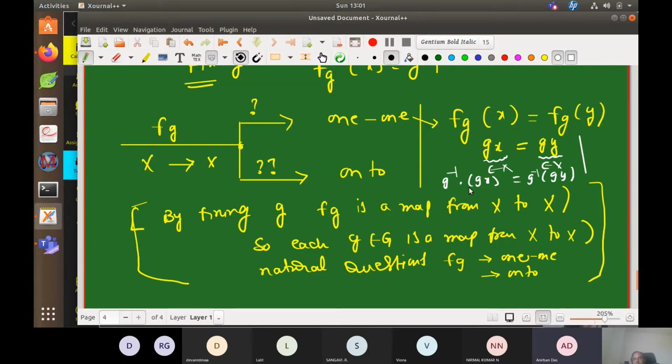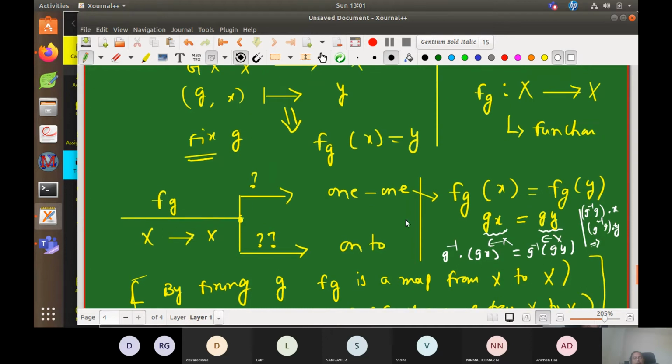Now the second property. So G inverse G acting on X. Right. So G inverse G acting on Y. Okay, G acting on Y. But now what next? Now the first property: 1 dot x equal to 1 dot y, and so x equal to y. So you see that both the properties are used to prove it is 1-1. Okay, good. This part is done. So Fg is 1-1.